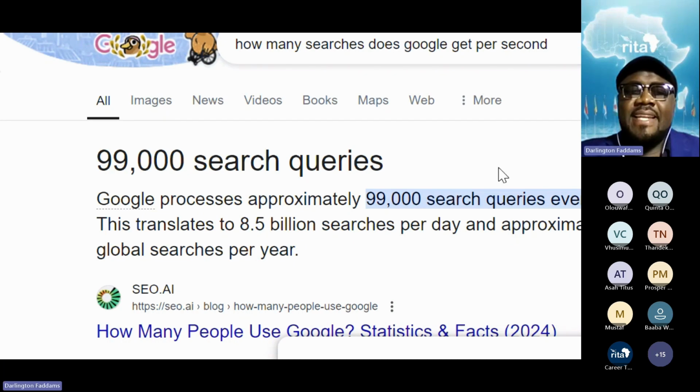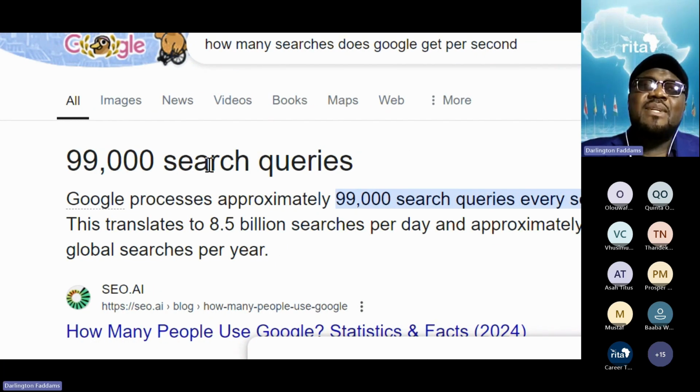And if not because of ChatGPT, this one would have been probably times 30. Because today, most people will go to ChatGPT instead of Google. Google has lost business to ChatGPT. But right now, 99,000 searches per second.